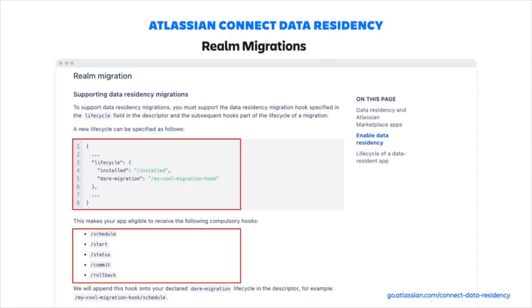So just to go into the implementation, the Atlassian documentation indicates that for realm migrations, apps need to update their app descriptor with a DARE migration URL path. That's the top box there. And the path on the Connect server is expected to receive and respond to 5 webhooks that indicate the different